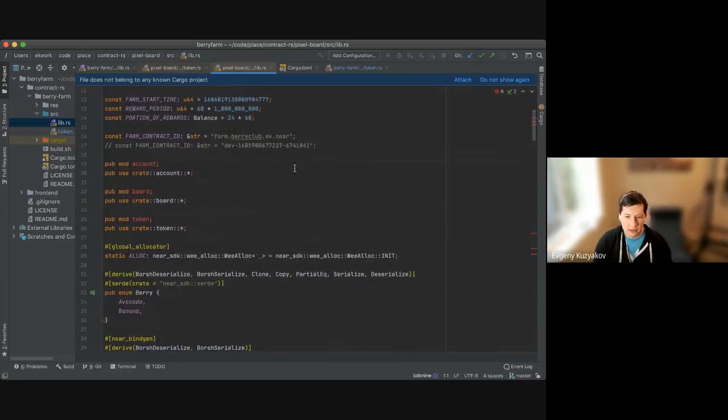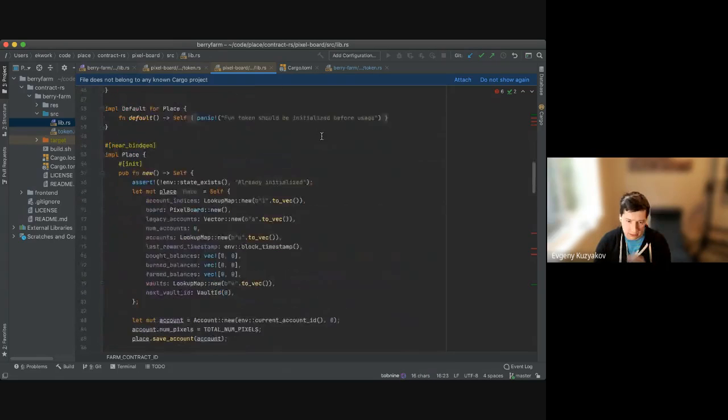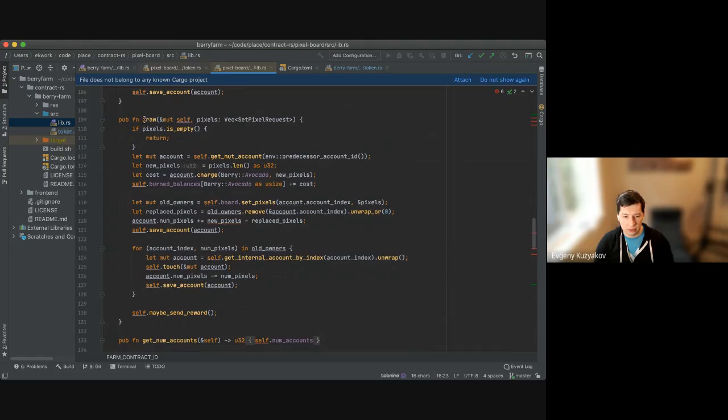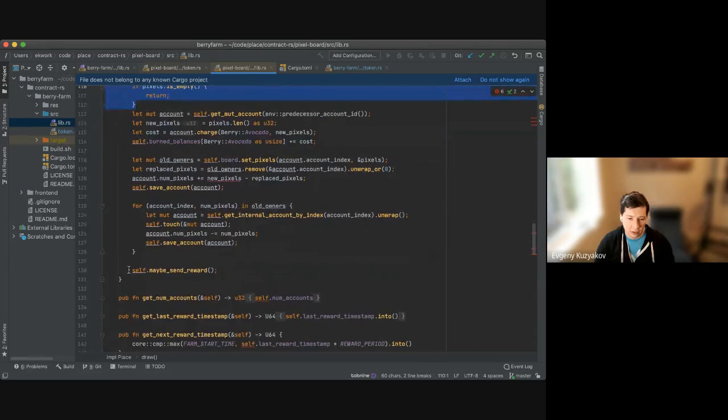Okay, so Berry Club has a hard-coded contract called farm contract ID. We actually haven't reviewed this stuff. When you draw, it verifies that you don't draw empty pixels. Otherwise, you can just trigger a reward without spending avocado. Then it calls maybe send reward,